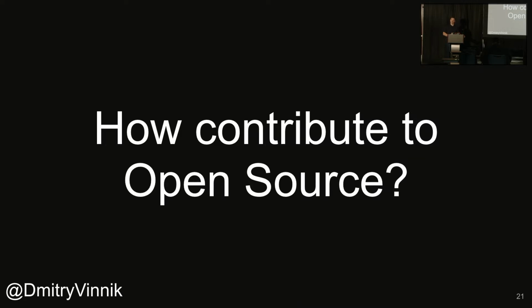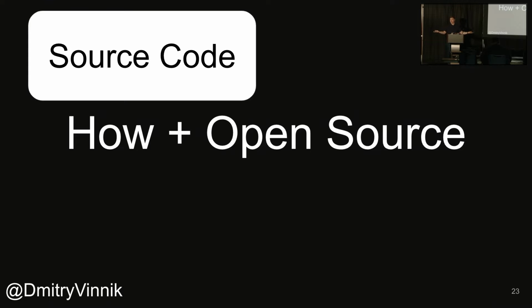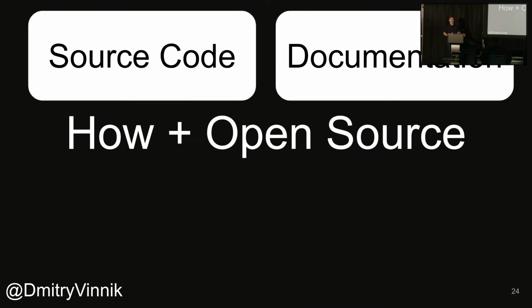So how do you contribute to open source? Source code, I bring it up first because it's most obvious, but in reality I don't believe that's the one we should contribute to the most. Documentation is really make or break for an open source project. That's where people who are outside of your silo, outside of the contributors who created the project, will learn from. That's the place where they'll go for questions, apart from forums, right? So documentation is really the key, and people are always looking for contributions. And it's a more comforting way to enter open source for those who've never worked with open source before.